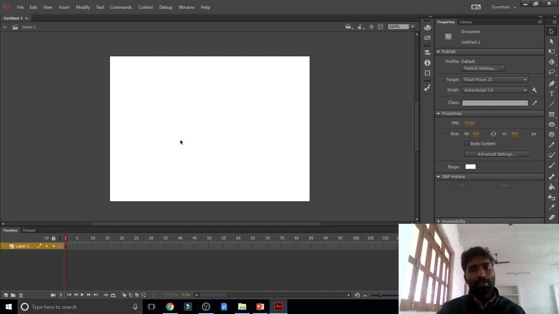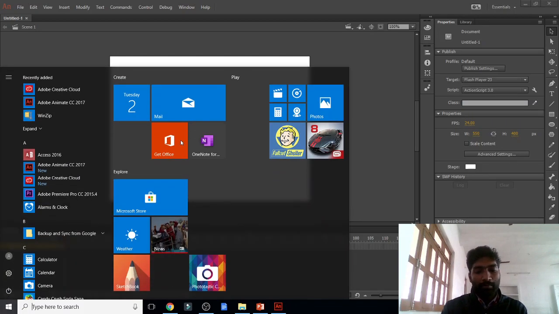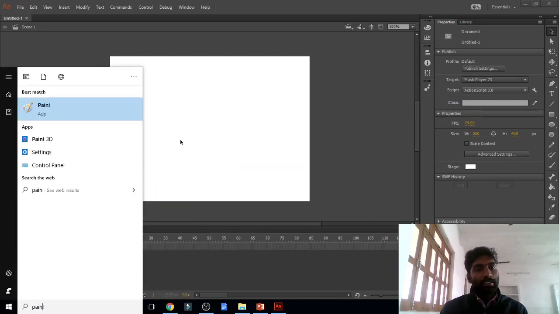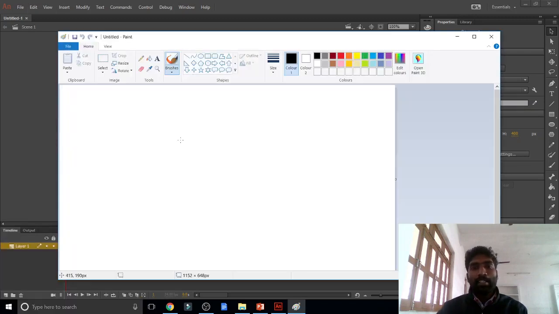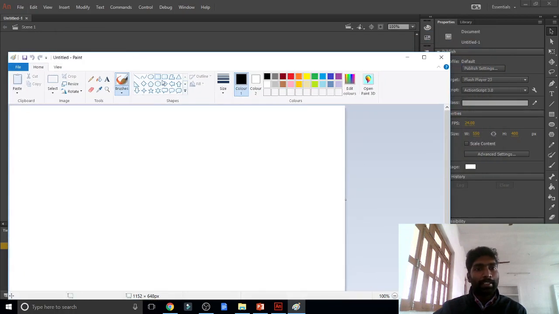Now see here, first of all, the drawing tools. My dear students, you may think this Animate CC is very difficult. No, it is not like that. The tools we see in Paint, see here, I am opening Paint. The tools presented in Paint are the same tools presented here.